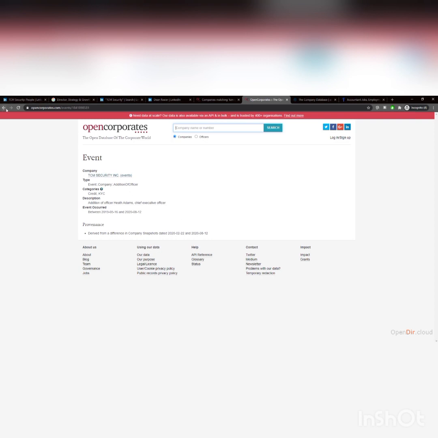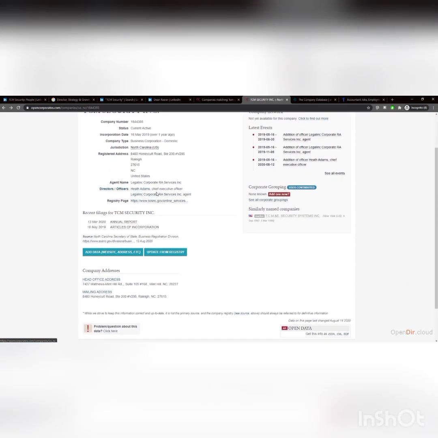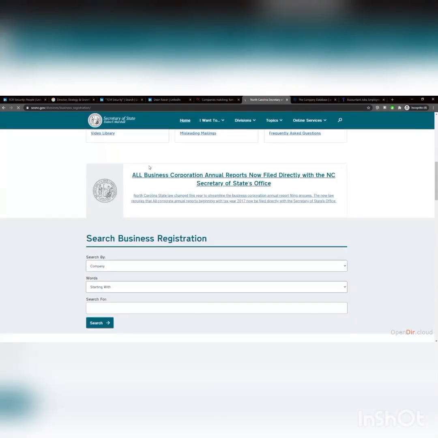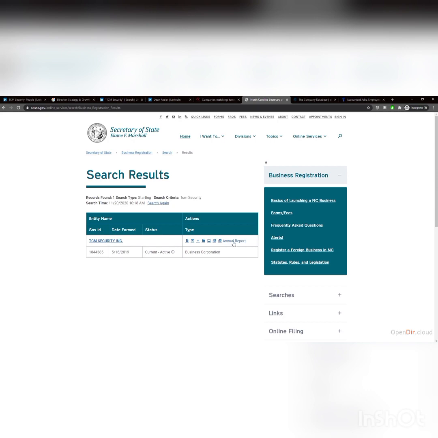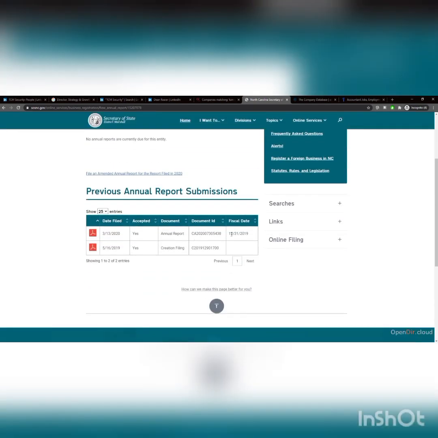There's just different areas, so you can find out more information from this website, and it can actually take you to other websites as well, where you can see, if you look at the source down here, you can come and see, okay, here's where it came from. Now you can come in here and say, hey, I want to search for this company. Sometimes they'll link you directly to the company, but you can search for business registration, and then look, there's the annual report that needs to be filed, and then they have a PDF copy that you can download.